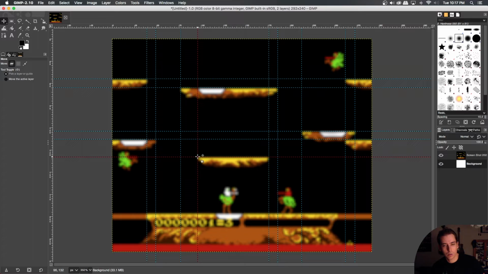142 to 132, so 10. Yeah, I don't know. We'll do 10 and see what that looks like. I'm not exactly sure how to do the looping here because I could do it where